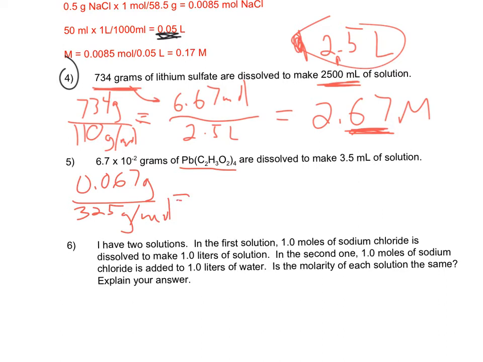So we already have less than 1 gram, and the molar mass is 325 grams. So this is going to be a really small number for moles. And when you do that out, you should get 0.00021 moles of lead acetate. And again, they gave us milliliters, so we divide by 1,000 to convert to liters. So that's